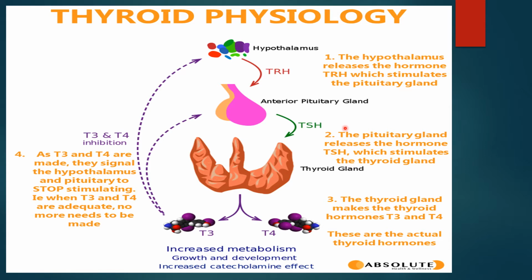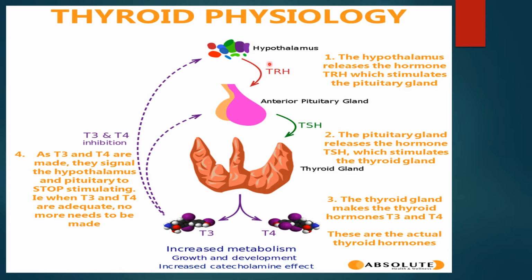My dear students, the thyroid gland produces, as you all know, two types of hormone. One is the T3 hormone, the other is the T4 hormone. These two hormones are produced by the thyroid gland. These thyroid hormones are produced under the influence of two more endocrine glands. One is the anterior pituitary gland and the other is the hypothalamus. These two organs are present in the brain, in the skull.